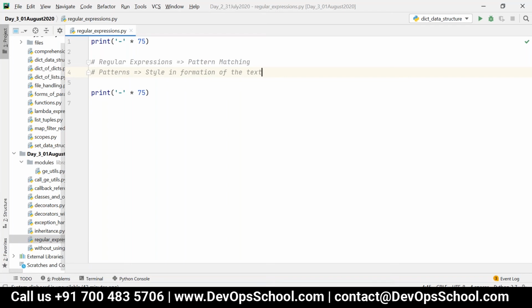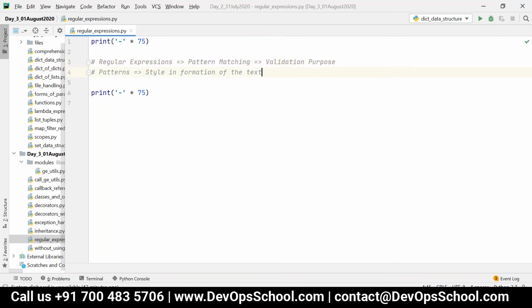For example, if you want to create an account, they will give you conditions like your username should contain at least one uppercase, at least one lowercase, at least one decimal character, underscore or dot. Those will be validated against this pattern only. Using the concept of regular expressions, those things will be validated. So mostly it is useful for validation purposes. Okay, Ajmal, any doubts in this?